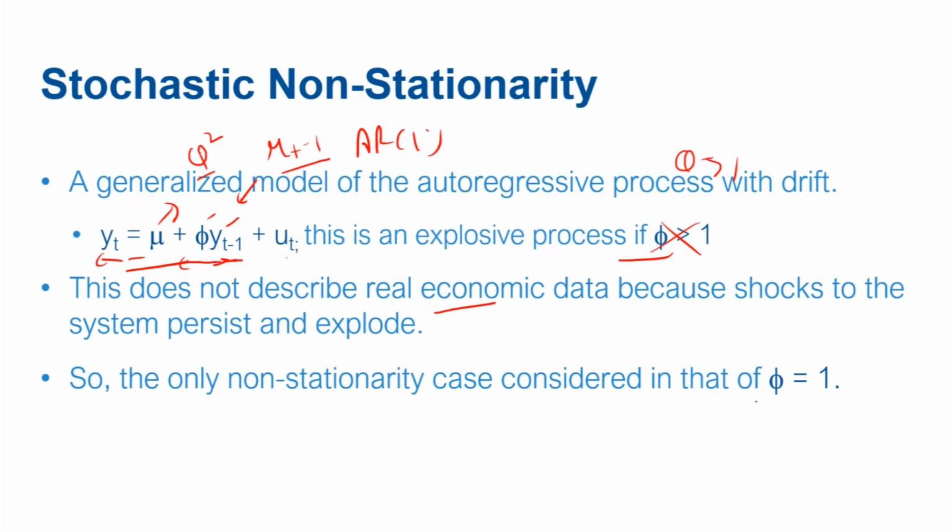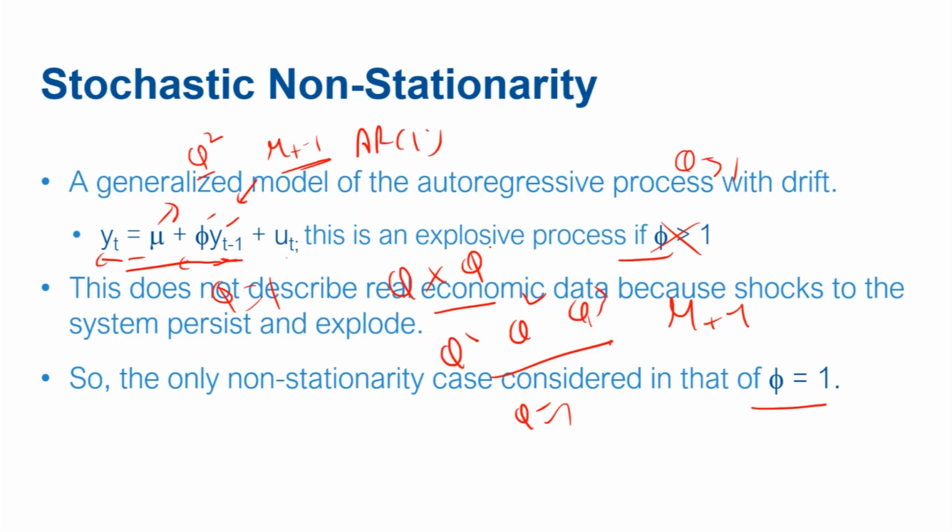However, there is a case for phi equal to 1. There are periods of extreme turbulence such as the COVID period or similar crisis periods where phi becomes equal to 1. What is the implication of this? The implication is that if there was a shock at t minus 1, which is mu t minus 1, this shock in future periods will not die down. It will keep on multiplying by phi to the power 1, 2, 3. And if phi equals 1, this shock will not go away and mu t minus 1 will always persist in the series. So this kind of non-stationarity has been found to exist.